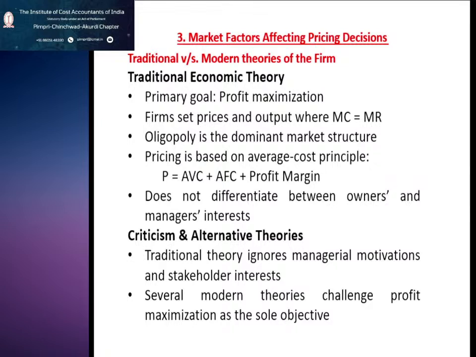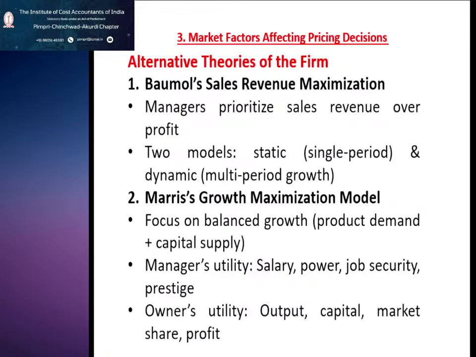Then we saw certain criticisms of the traditional economic theory, that it ignores managerial motivations and stakeholder interest, and hence several modern theories challenged profit maximization as the sole objective. So modern theories challenge the profit maximization goal adopted by the traditional economic theory. Then we saw the various alternative theories of the firm that emerged, wherein sales revenue